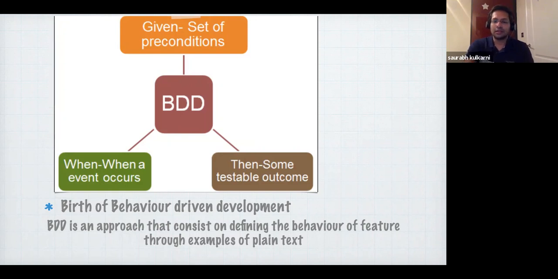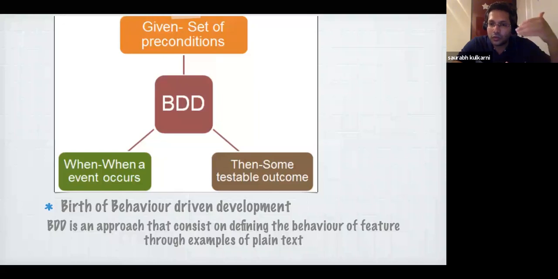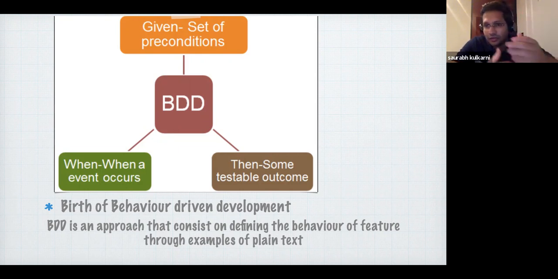So that's the birth you will see. When you see this diagram carefully, you will see the given set of preconditions. Like I gave an example, what are the preconditions in the example that I gave as an analogy? That you need a user, a customer, to walk or drive. Okay, that's one precondition. Second precondition is you need a house where a family is living. Third, you need a bell on the door which should be working. And these are the three preconditions for this particular scenario that I have just given you as an analogy.